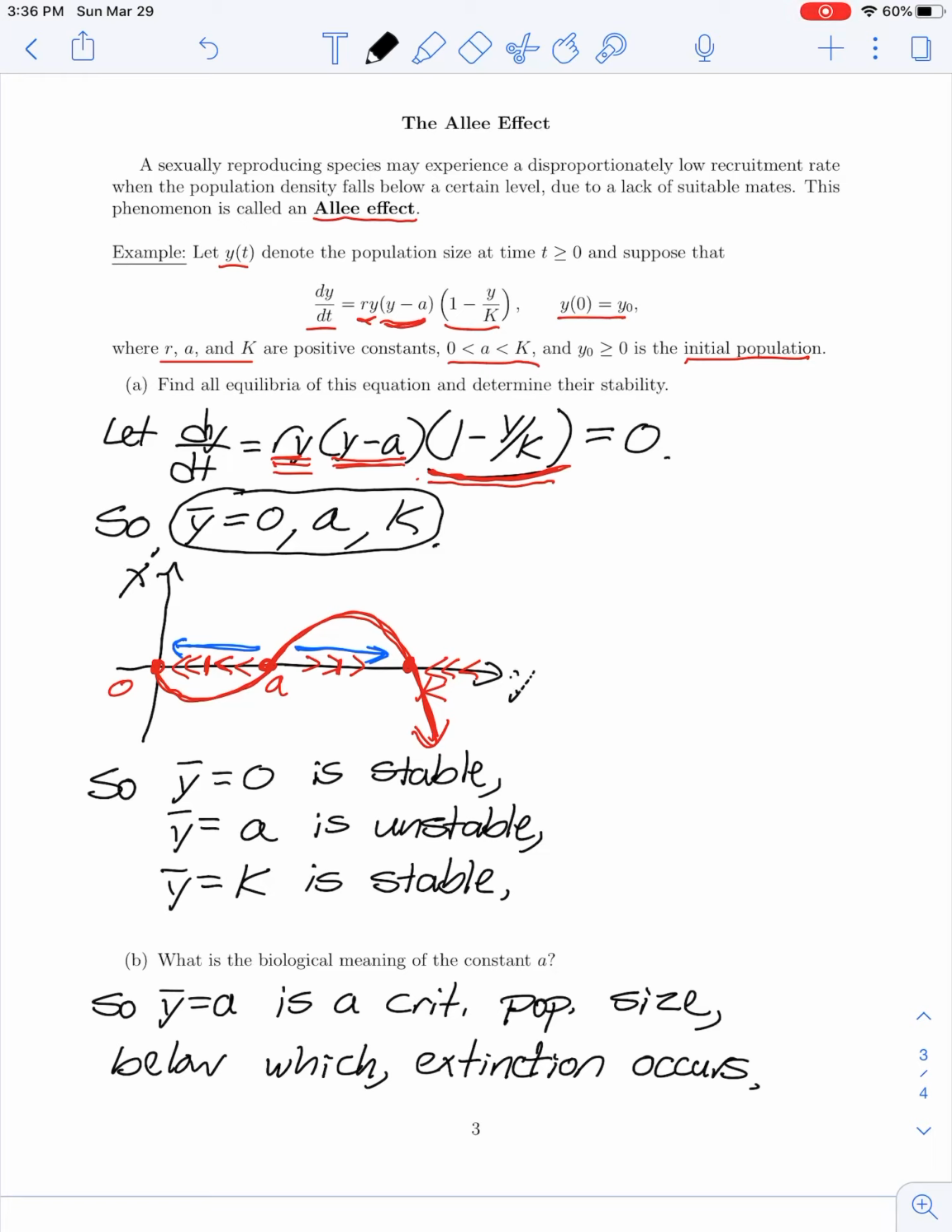So we see in this section a couple of different models, the logistic growth model and this model including an Allee effect, which are both more realistic than